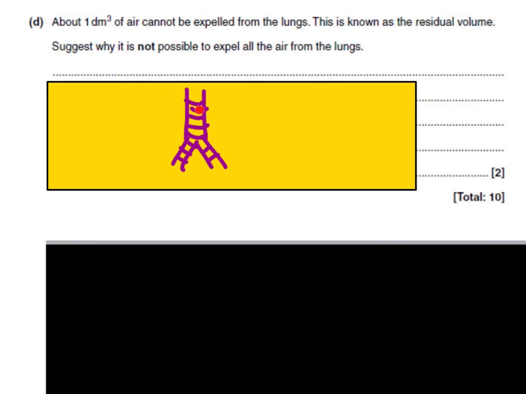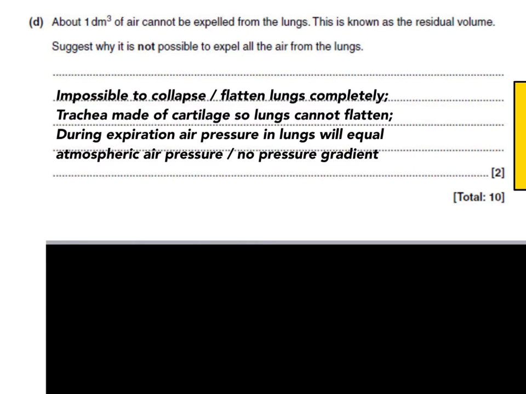But also because of rings of cartilage that keep your trachea open and your bronchi partly open, that means your lungs can't collapse completely. They can't flatten completely to let all the air out. So it's only for 2 marks. So 1 mark, it's impossible to collapse or flatten lungs completely. Or you could say trachea is made of cartilage, so lungs cannot flatten completely. And another mark for saying during expiration, air pressure in lungs will equal atmospheric air pressure. Or you could say there will be a point where there's no pressure gradient, so no more air can move